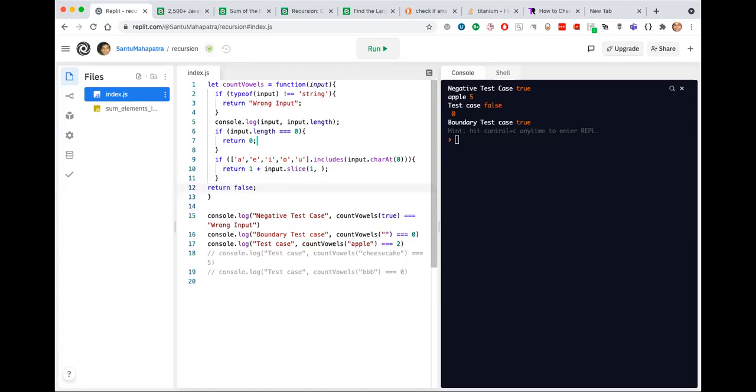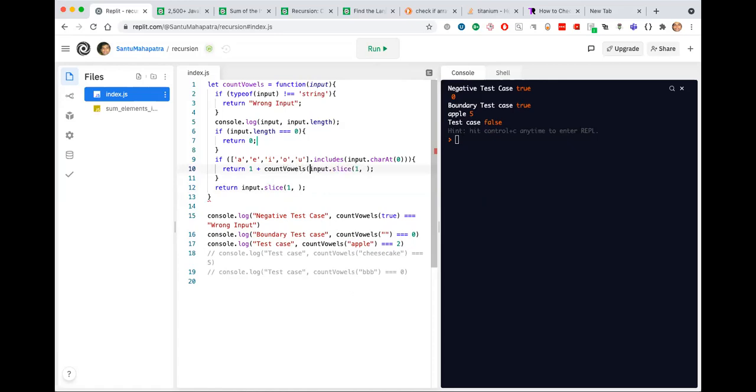I can use this return statement itself. One comma, run it. I sliced it, but I forgot to call the function.